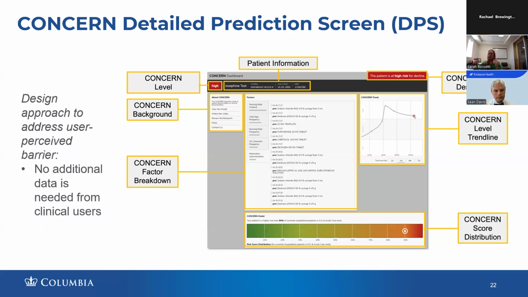What you see in the middle there are what we call the factors. The features in our model are grouped into these 5 factors, the main features, really clinical features, that are driving this prediction in our model. And then what we do is we display this in a ranked order of the ones that are weighted most for this particular patient's score.